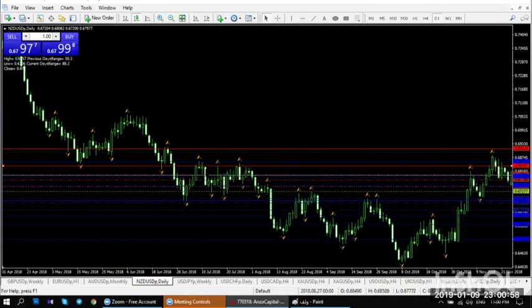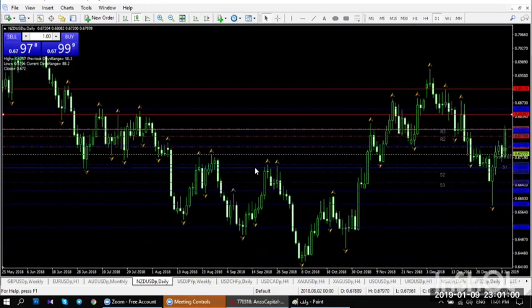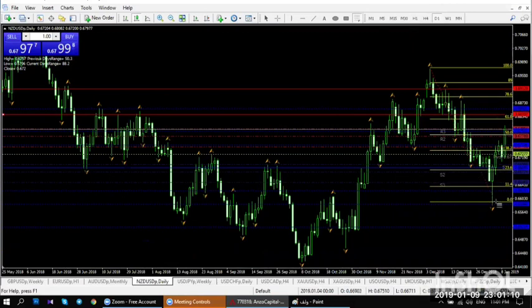Can you see it here? It looks like this, so be careful. If I buy here, I have to exit right there. So if I draw the Fibonacci chart,